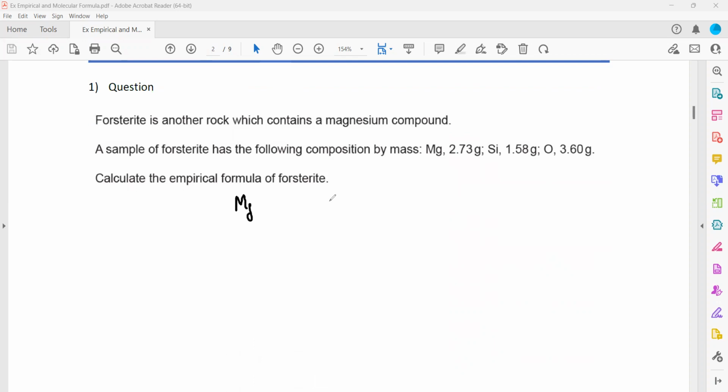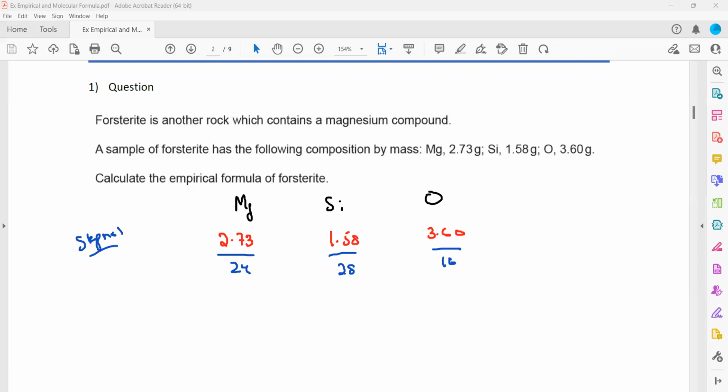There is magnesium, silicon, and oxygen, and sometimes they can give the percentage, sometimes they can give the mass. So magnesium is 2.73, silicon is 1.58, and oxygen is 3.60. We divide by atomic mass. Magnesium's atomic mass is 24, so we divide by 24. Silicon is 28 and oxygen is 16. That's step one. Step one is always divide by